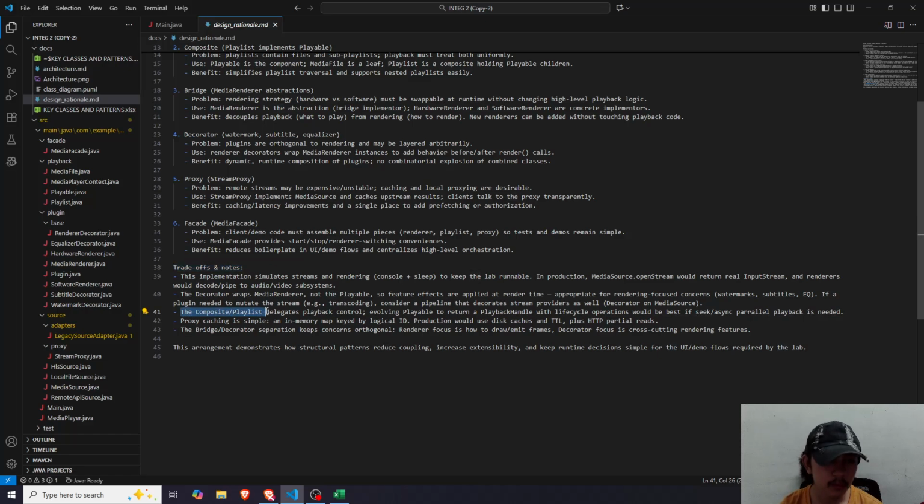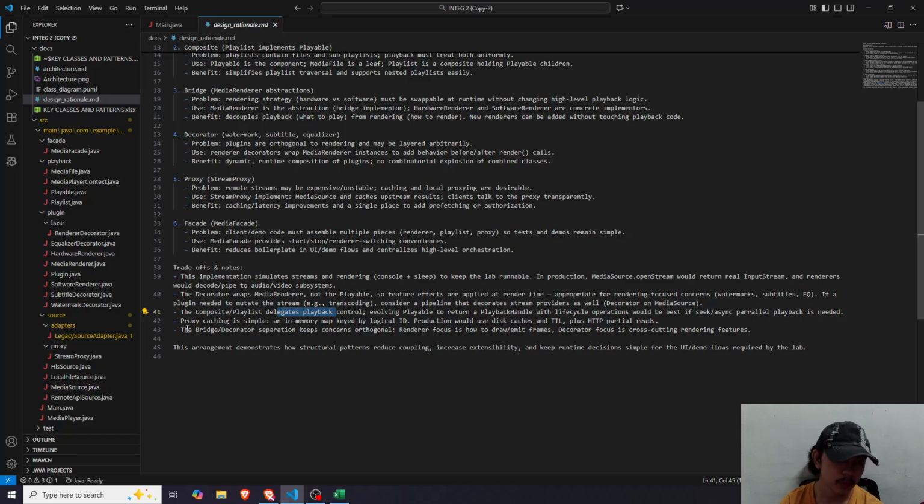The composite playlist also delegates playback control, but evolving playable to return a playback handle with lifecycle operations would be best if seek, async, or parallel playback is needed.